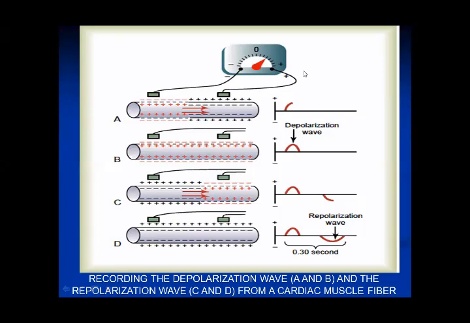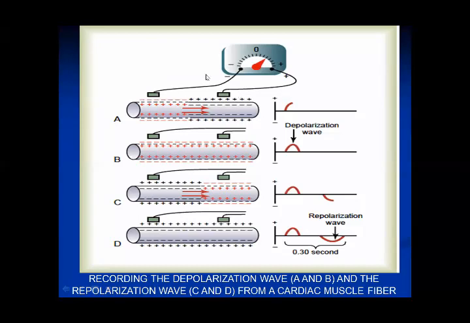In the A diagram, what I'm trying to tell you is that we have got a muscle fiber over here. This muscle fiber is shown from the outside. This is the inside, this is the outside. On the outside, half of it is giving us a negative electric potential. The other half is giving us a positive electric potential. Now, we have got two electrodes attached to it. This is the negative electrode, and this is the positive electrode. Through these electrodes, this muscle fiber is attached to a voltmeter.